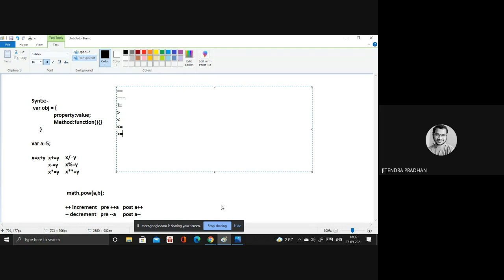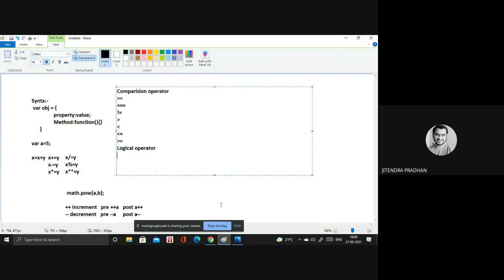So next we have to discuss logical operators. So this one is the comparison operator. Okay, next we go to logical operators. So what is a logical operator? We have three types of logical operator.